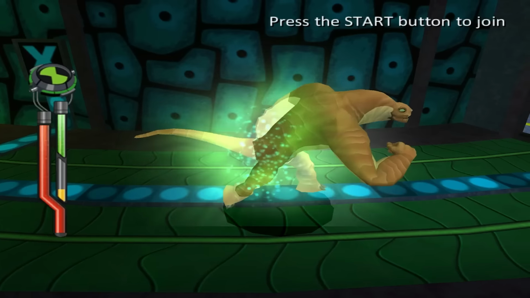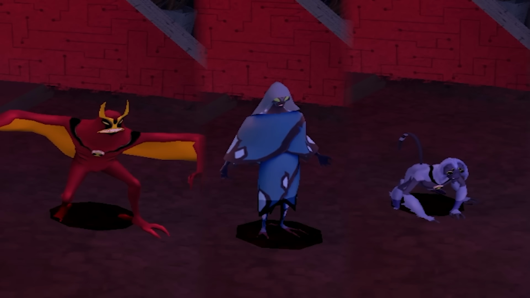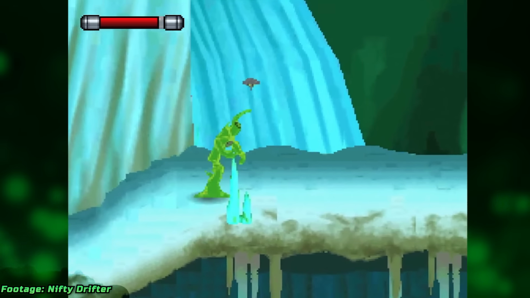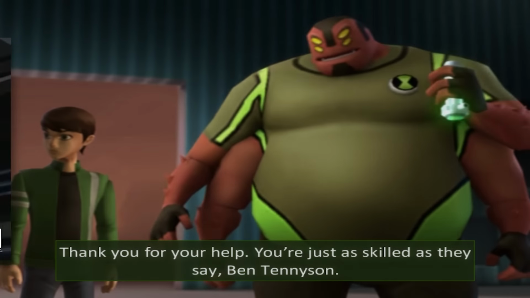The aliens were split across the systems a lot more though this time. Both versions had Swampfire and Humongosaur, but Big Chill, Jet Ray, and Spider Monkey were home console exclusives, whereas the DS version was the only one that had Goop, Echo, and Chromastone. Fuck Brainstorm, I guess. Alien Force introduced the new character Gorvin, who would later appear in Omniverse, and he's totally